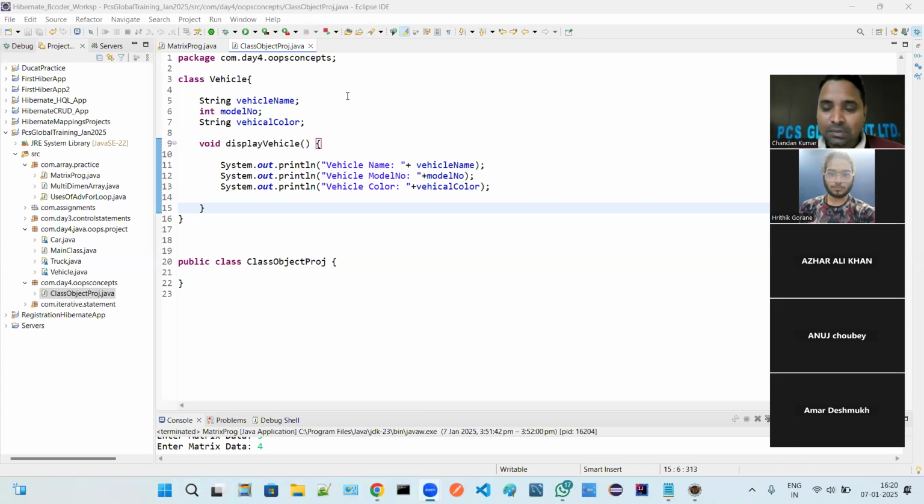A student class is nothing but a student name, a student roll number, a student email ID, a student contact number, a student city, a student country, a student branch. Getting my point? So these are the properties which fall under the student class. And if you are a student, definitely you will have these properties. If I'm a student, I will also have the same properties.